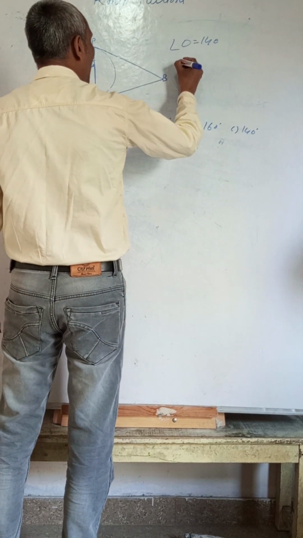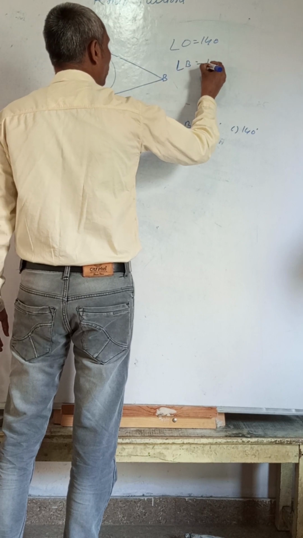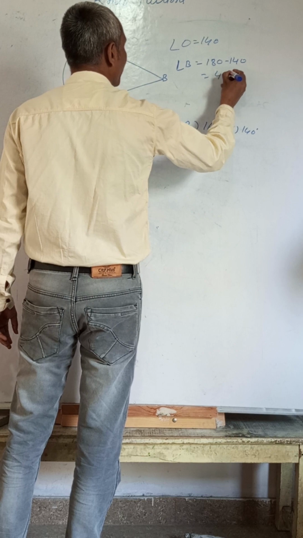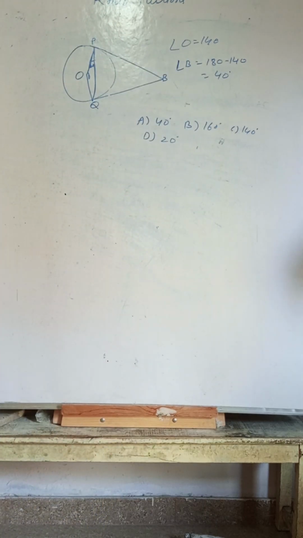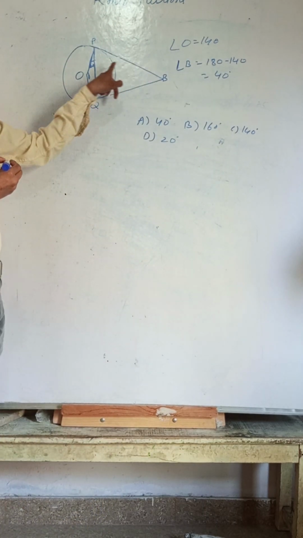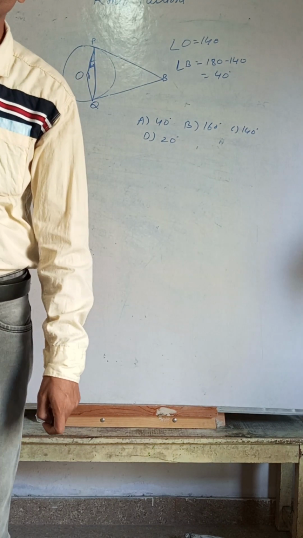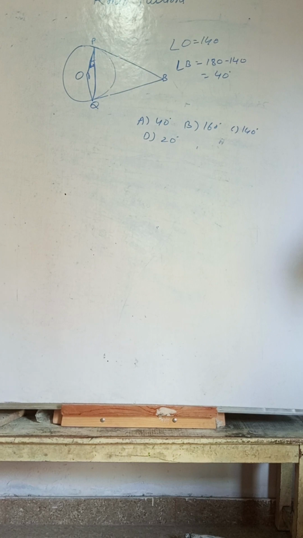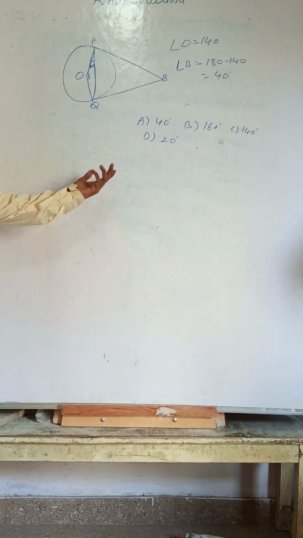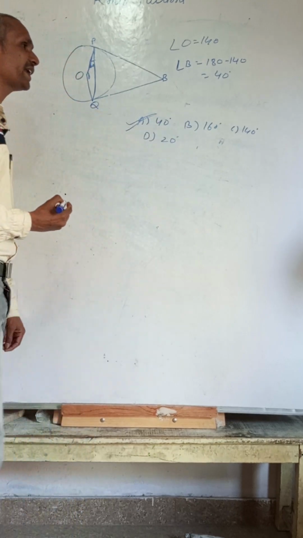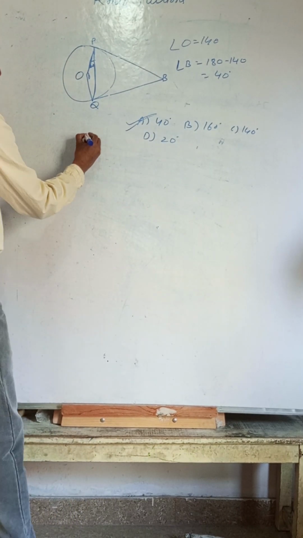So you can find that angle B is equal to what? 180 minus 140 is equal to 40 degrees. One thing, otherwise, the angle of this one is always the sum of the two angles which are joined by the radius and a chord of the circle. That also you can directly find out. So option A is the correct option. Option A, correct answer. Otherwise, you can write it like this also.